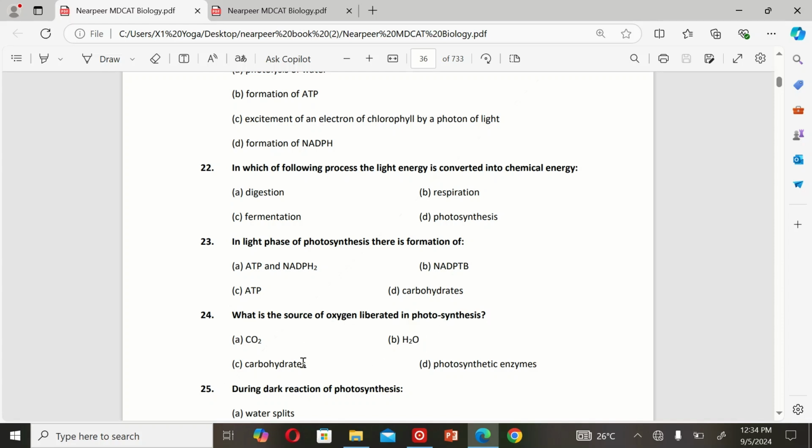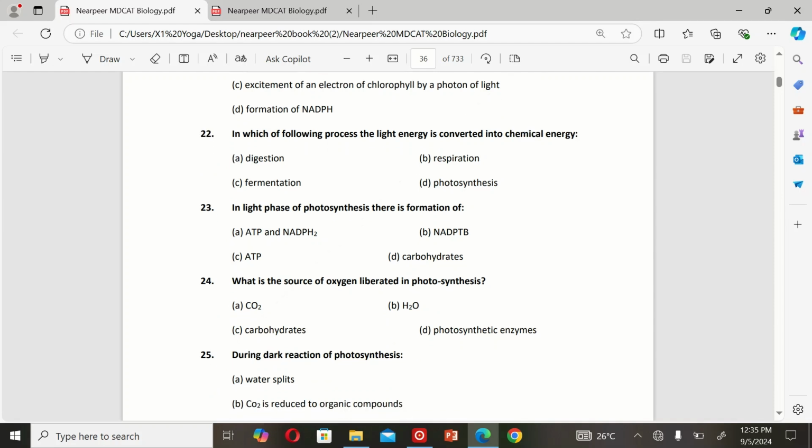A. CO2, B. H2O, C. Carbohydrates, and D. Photosynthetic enzyme. So the correct option is B. H2O. The next MCQ is: during the dark reaction of photosynthesis,